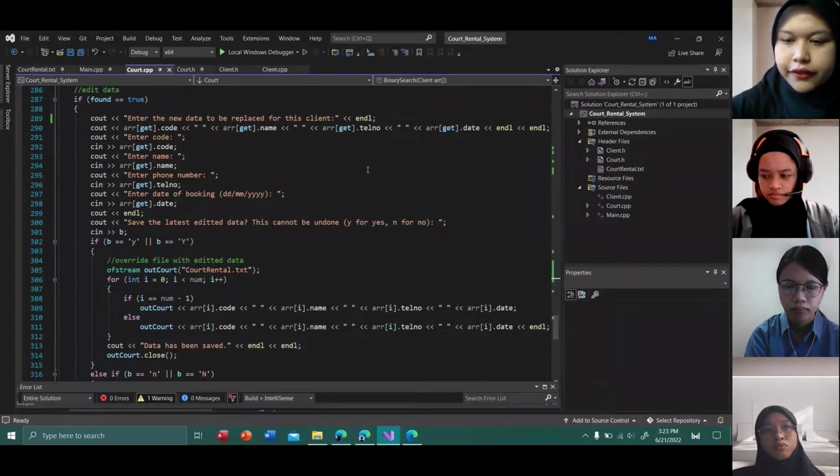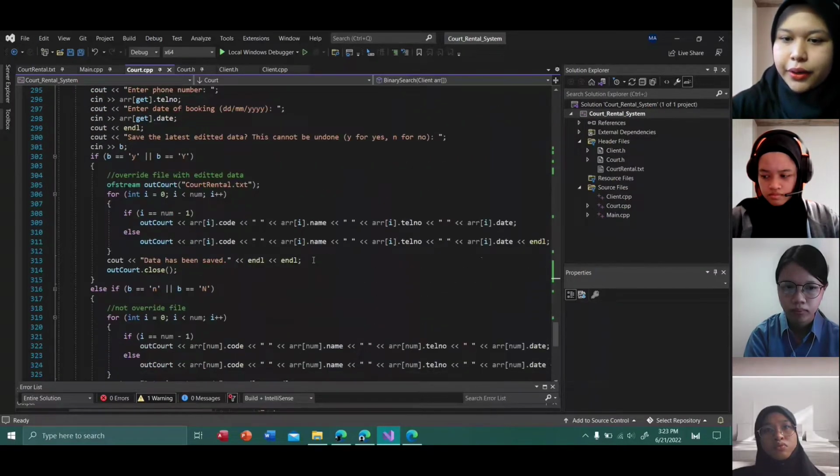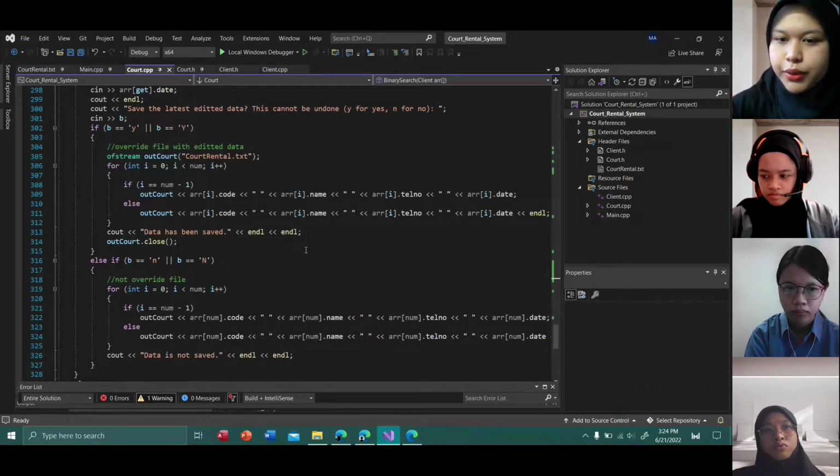And the last cout here asks to save the latest edited data. This cannot be undone. Y for yes and N for no. So here we cin into b. If we say Y, where b equals to Y, this will override the file with edited data. So here is the code on how to override the file with edited data using string output inside the code pointer,